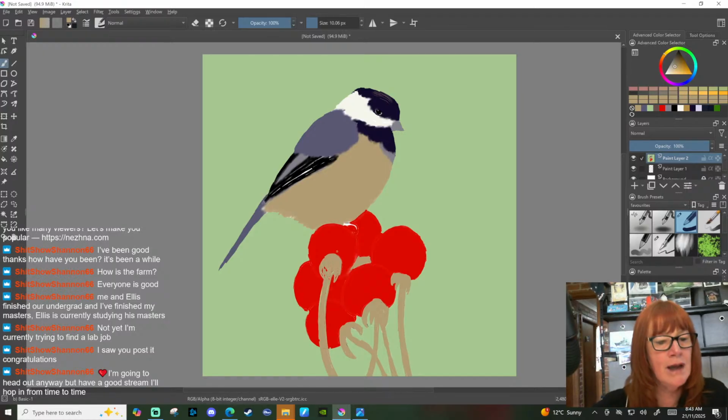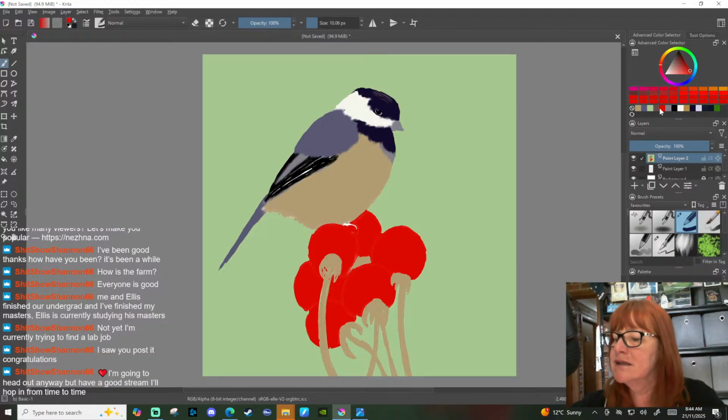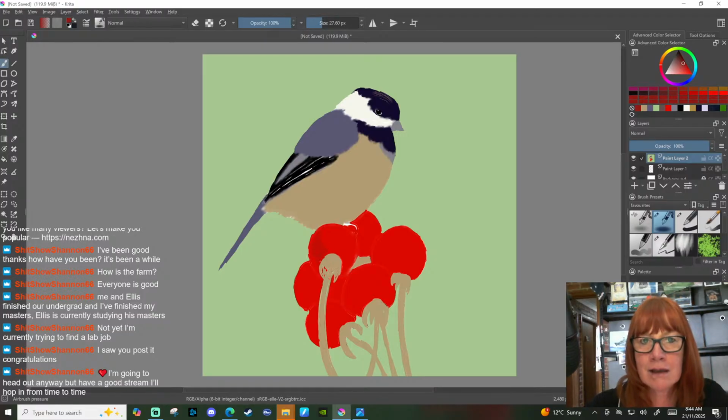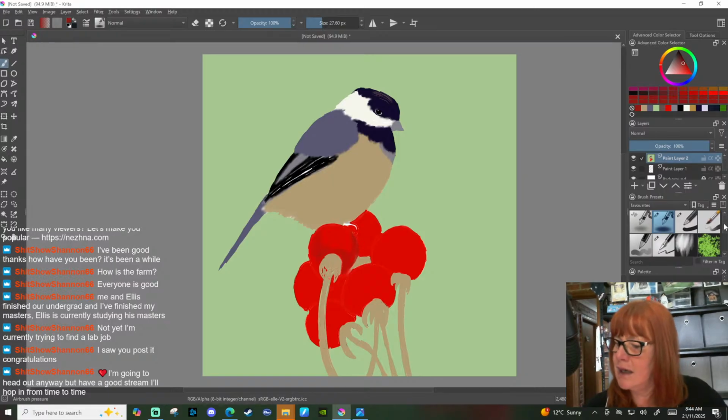So I might even start with the berries just for now, because there's so many variants of colours. So I'll just pick out that red that I used, and I'm going to go for a darker tone. I'm going to grab an airbrush. I've got a soft airbrush up here. Make it a bit smaller. And I'm going to just go around the edges of this red, shadow areas of each of the berries, and just define them a little bit. It's following the shape, and only do the outside edge,